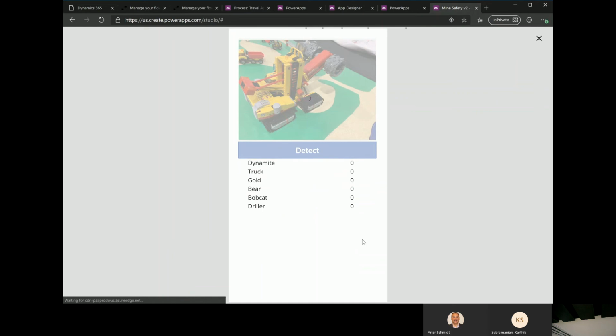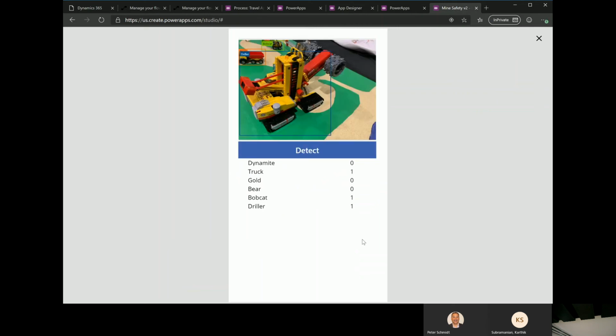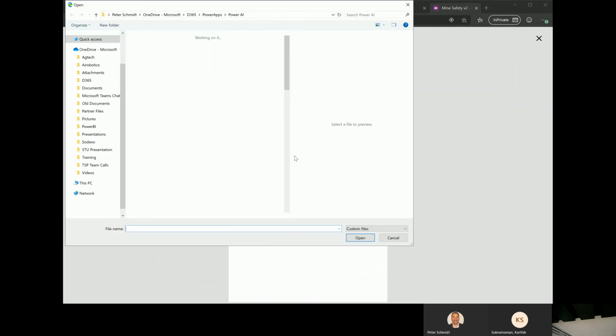You might find a few things in there because there's a truck and there's a bobcat in the background as well. The Wi-Fi is a little bit slow. Yeah, so there it has. It's found the drilling machine, the truck, and the bobcat, but no bears. But if I pick a different image,